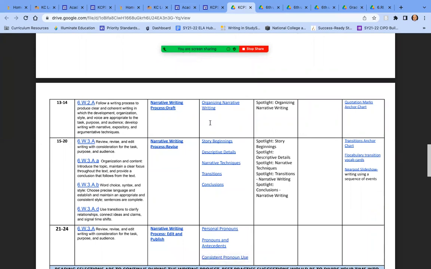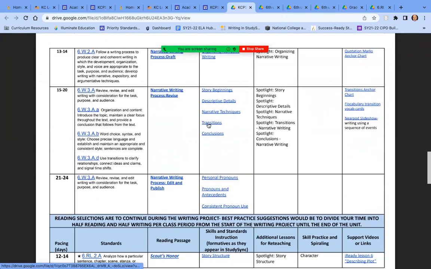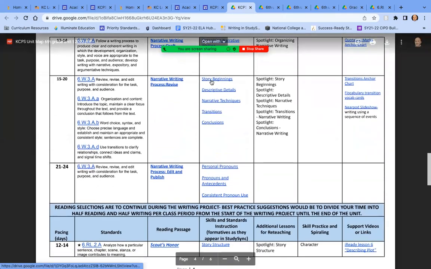But I also want you to know that if that's worrisome, that's why I made the ELA hub, and there's a lot of small 2 or 3 minute videos, generally in order of how to go through a unit like this. Okay, so these are the skills we would associate with narrative writing. And you can see how each one of these has a separate lesson plan and is better done in small parts, building toward a larger goal,